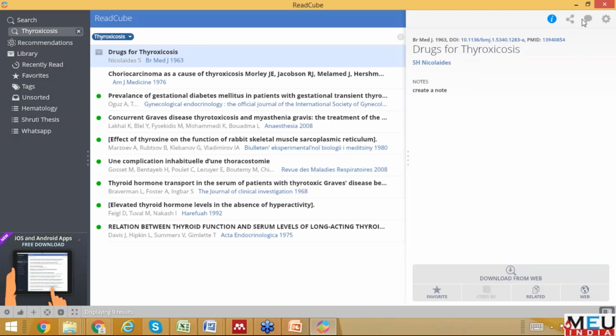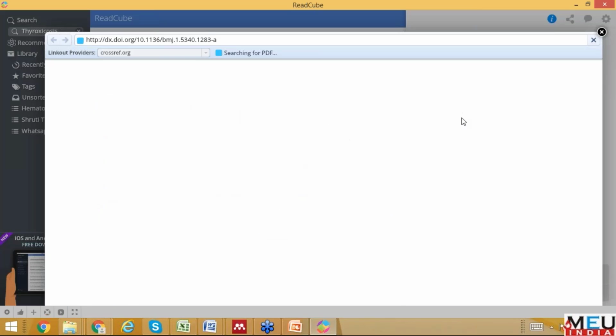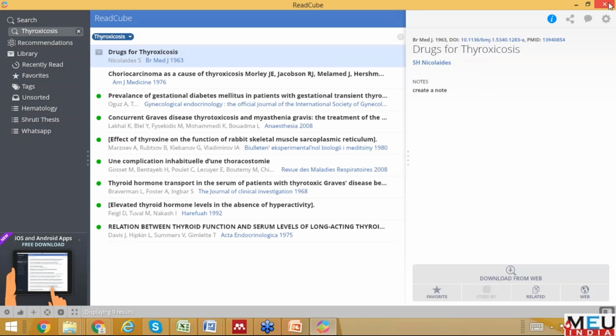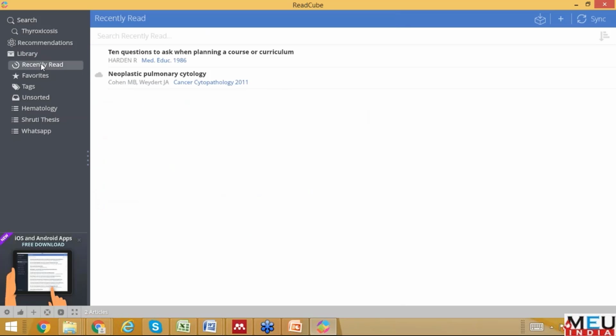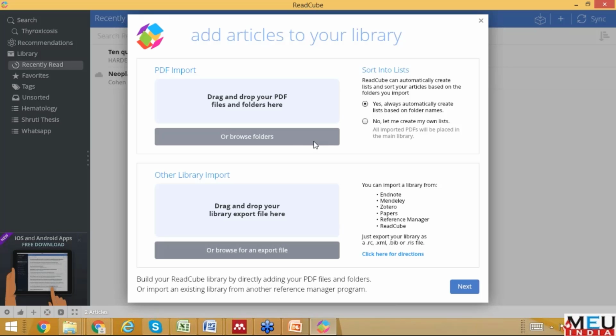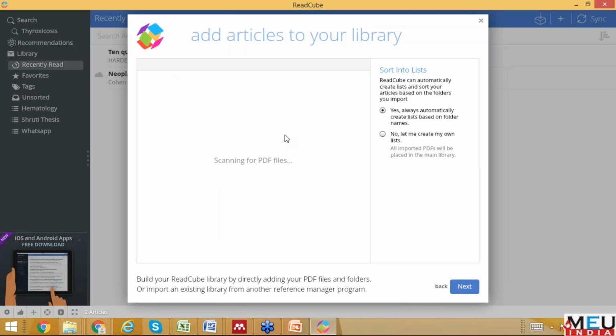So I'll just add this as favorite, and supposing I want to import a PDF from my computer into this, I'll just go to browse,